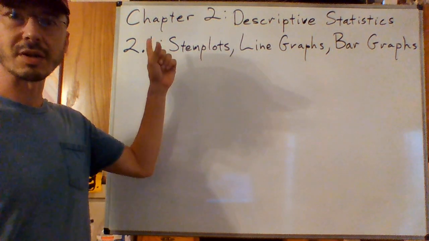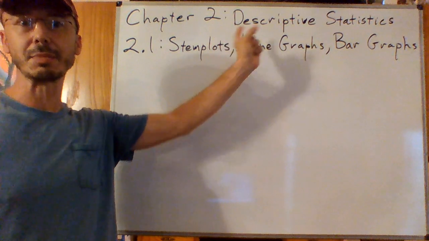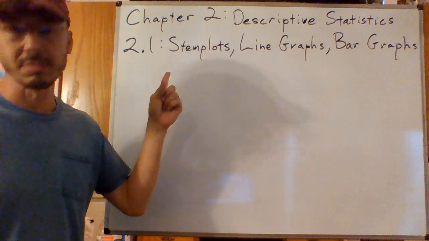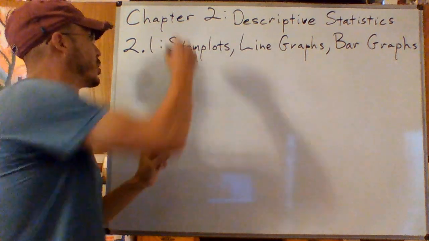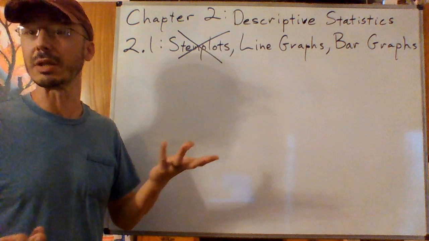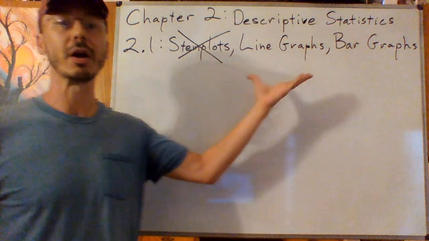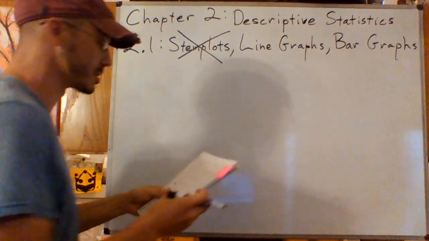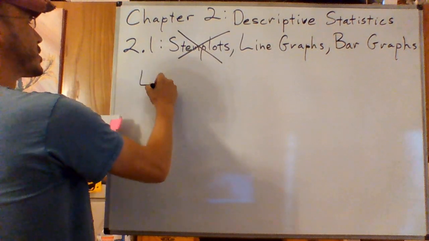With this video, we're going to start chapter 2, which is called Descriptive Statistics, and starting with section 2.1. We're not going to do stem plots because we won't really use them later. If you want to read about them, that's fine, but we are going to look at line graphs and bar graphs. And so first, line graphs,